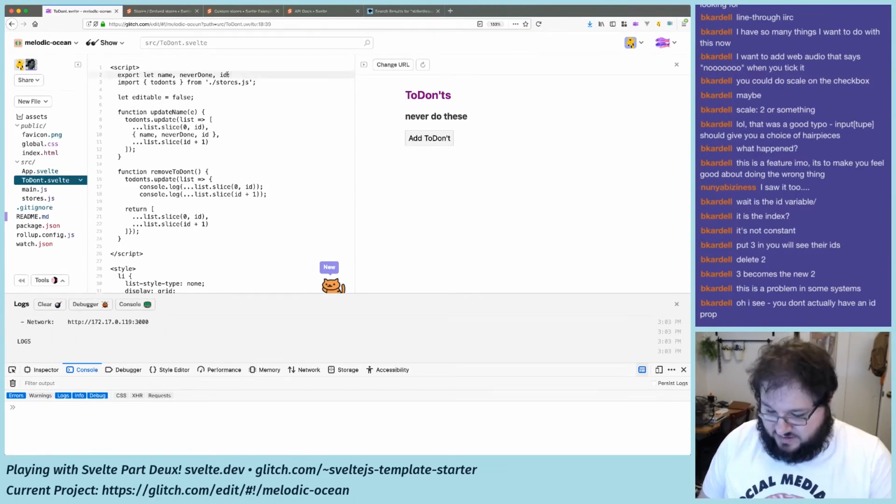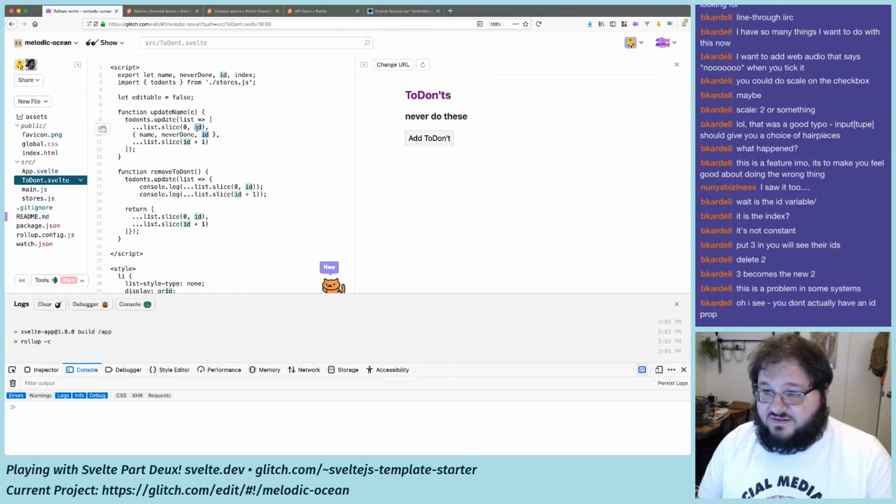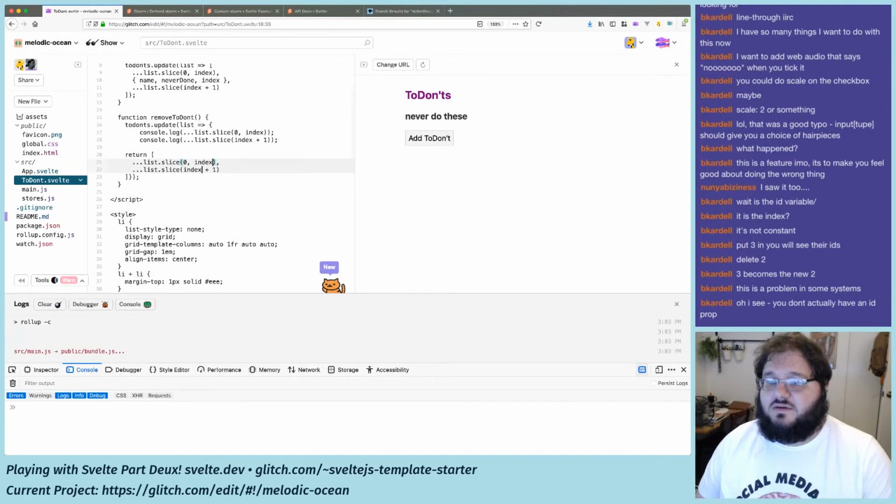We're going to say ID index. I think I still want to do this stuff with index, and we'll see if I'm right. I know that sounds like why just create an ID to ignore it, but